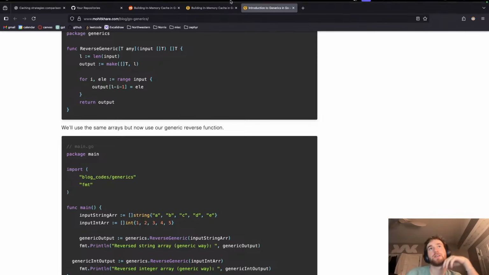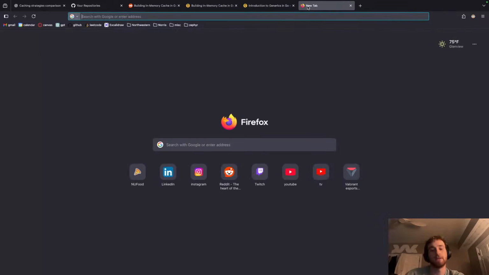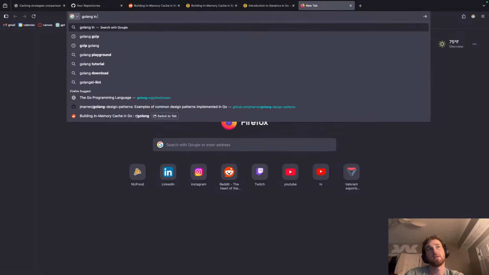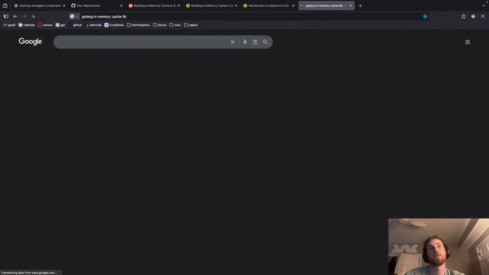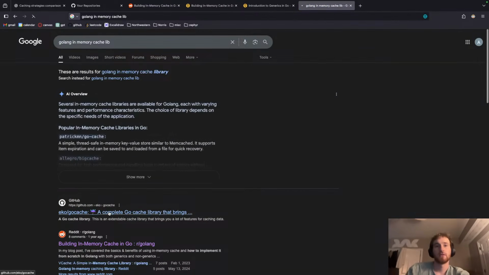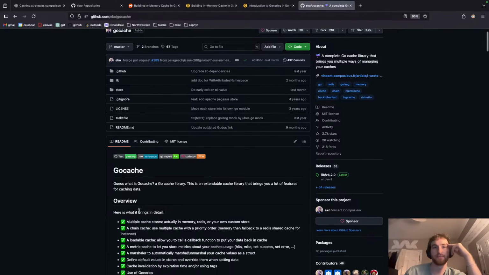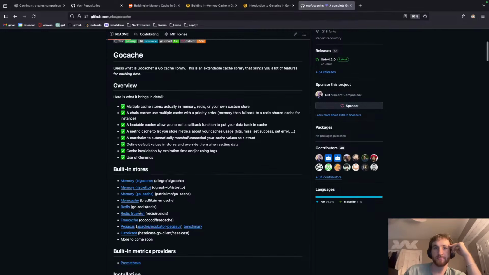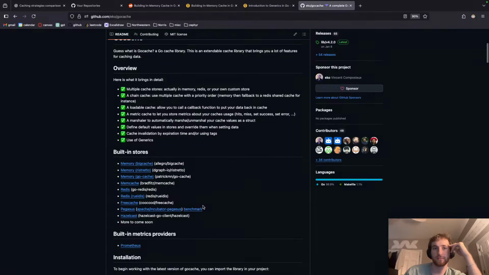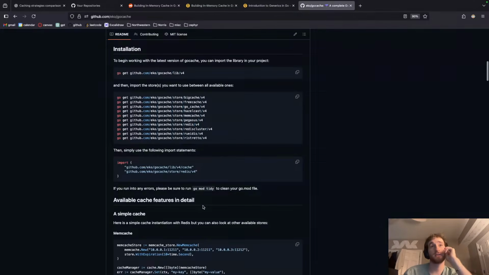And for this, I definitely could just use an in-memory cache library, some library. Yeah, Go cache, sure. Definitely could just do this. However,